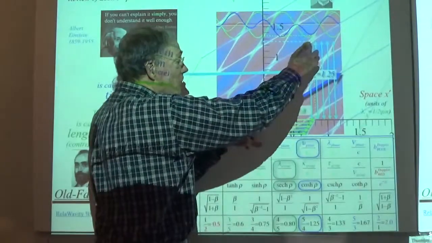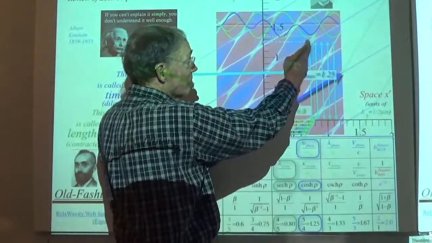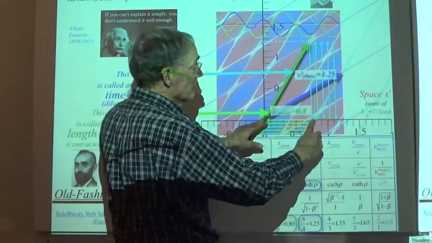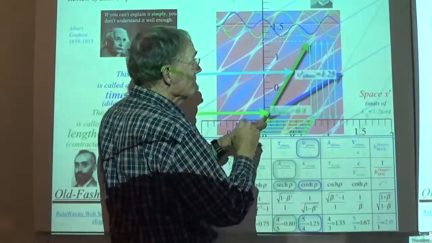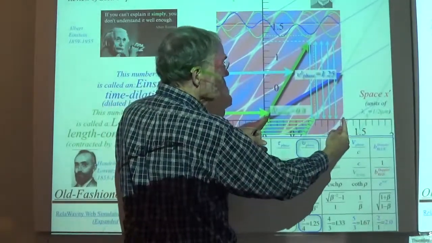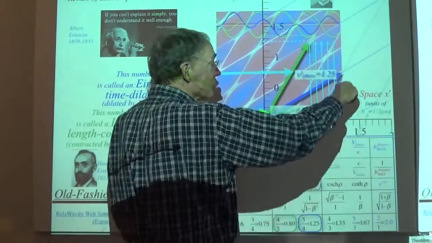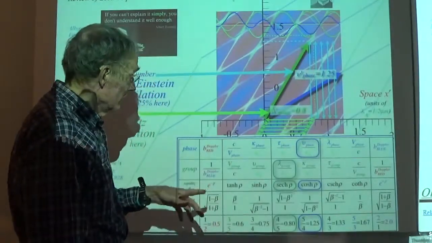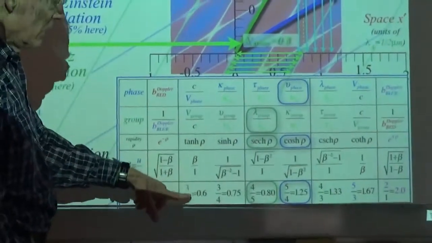In this case, the cosh is the vertical coordinate, and the sinh is the horizontal coordinate indicated by the blue dashed line there. And this one is a solid arrow going up there. And then you just flip the coordinates, put the cosh down here to make the horizontal coordinate of the phase vector, and then the sinh is here. And the numerical values for this particular case, where the speed, that is the group velocity, is 3/5,